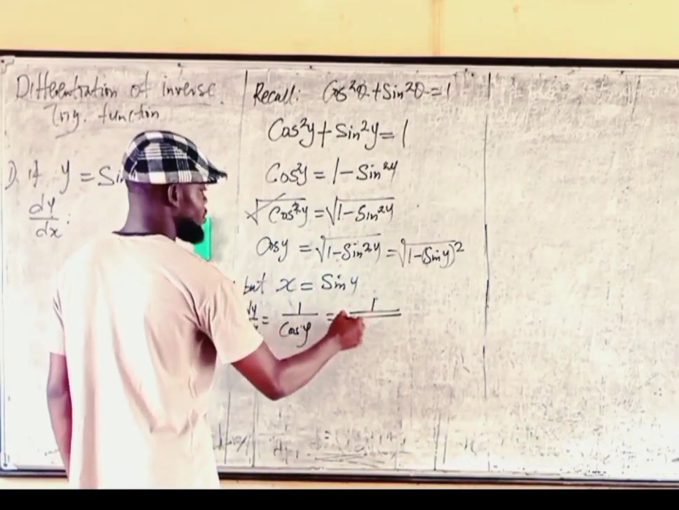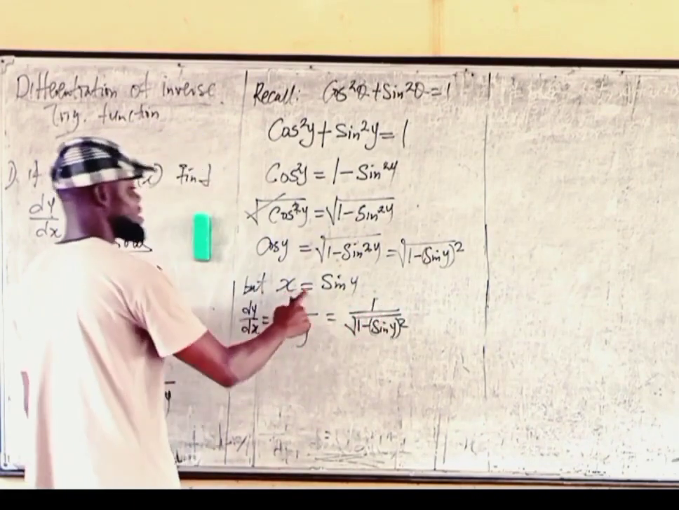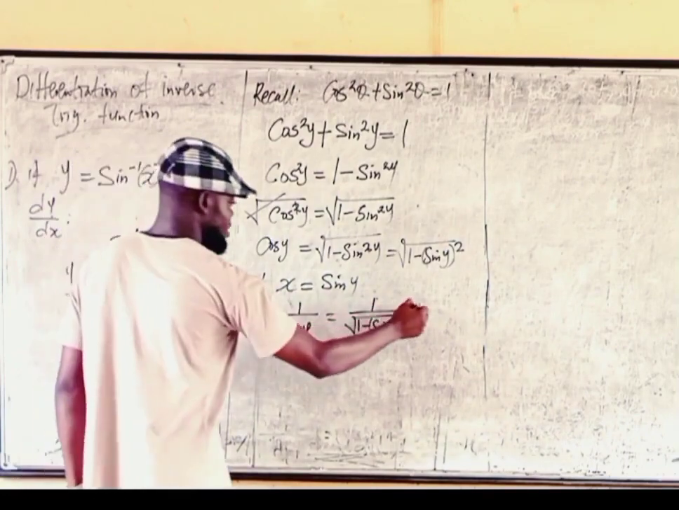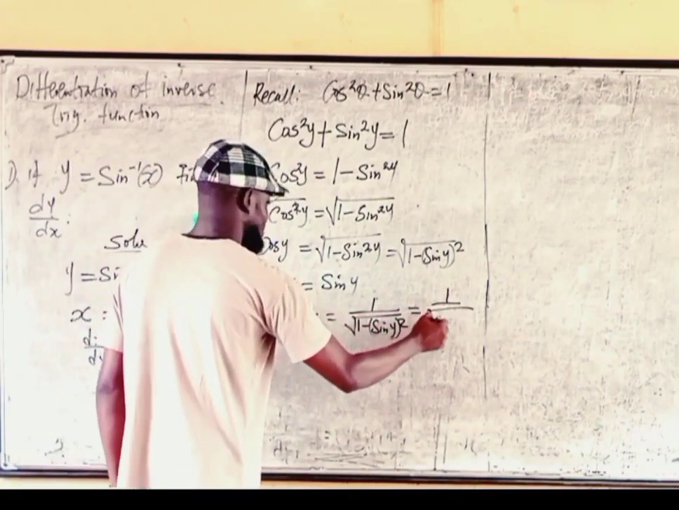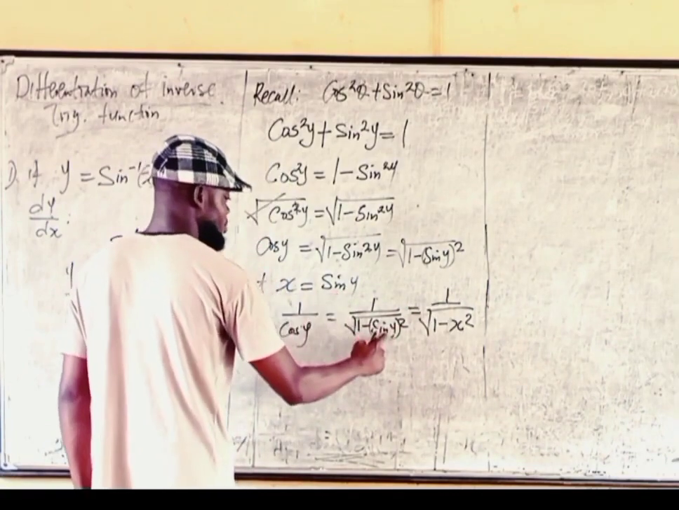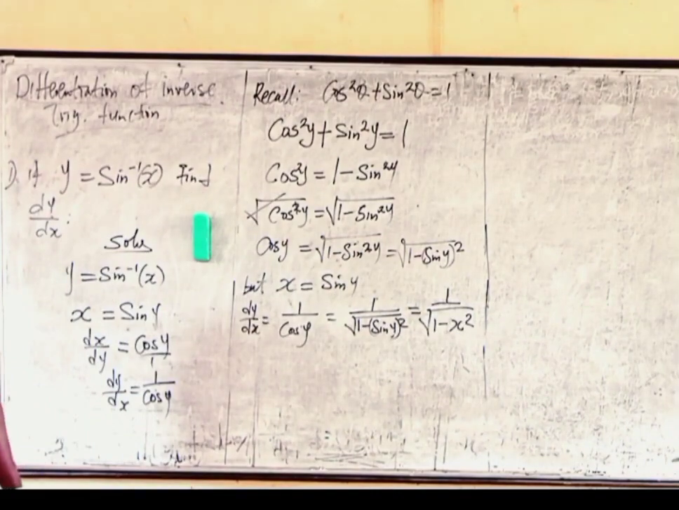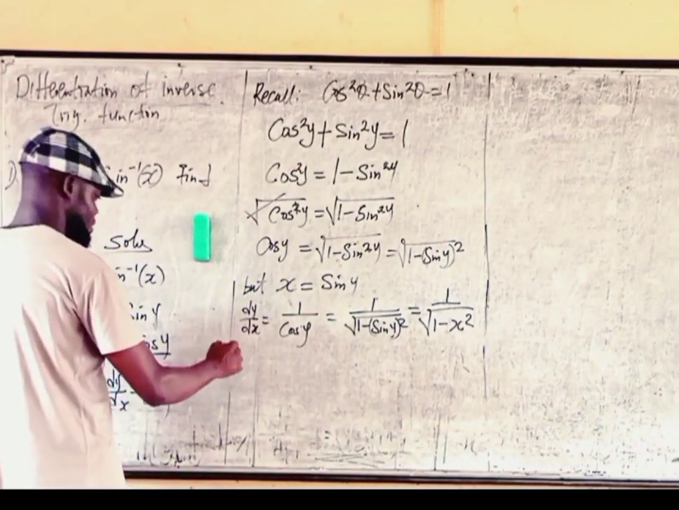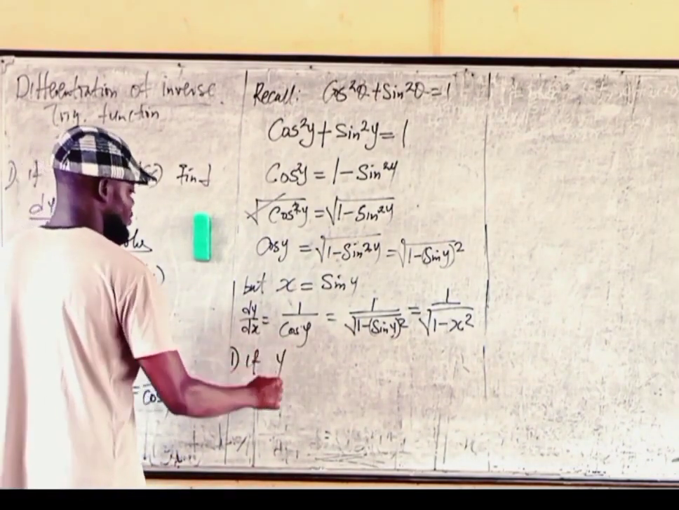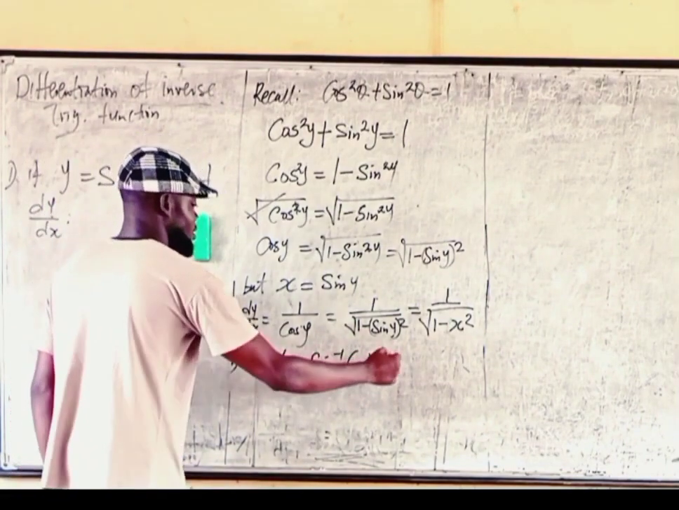That is the square root of 1 minus sine y squared, and s is equal to sine y. So you can now say times 1 over the square root of 1 minus s squared, because sine y is equal to s. You put s here, you have s squared. It's a final answer. So let's look at a question like: if y is equal to sine inverse of 2x,